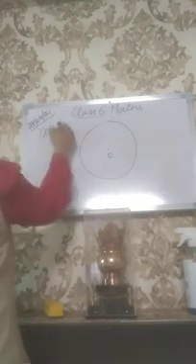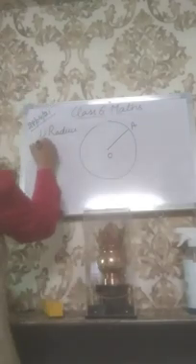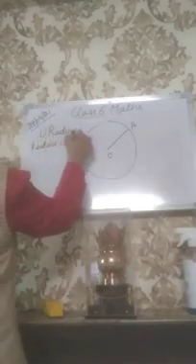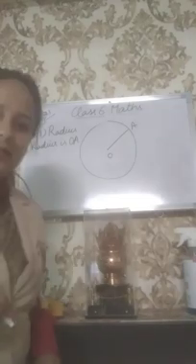Okay, so this is what we will do now. Let's just quickly draw the circle. You all know how to draw a circle with the help of a compass. Yes, draw a circle with any radius. Name the center as O. Okay, so the first one that we had to name was the radius. I will draw any line from O to the boundary of the circle and I will say the radius is OA.